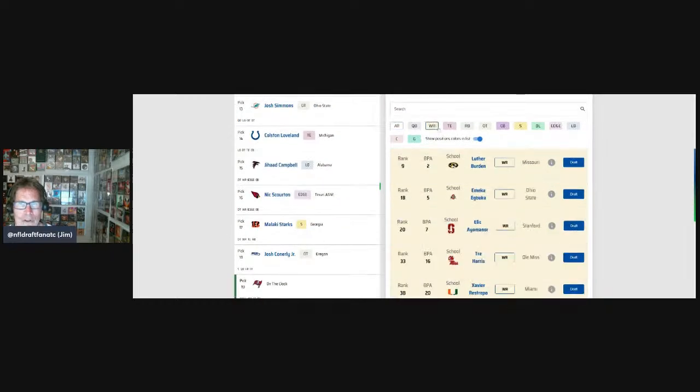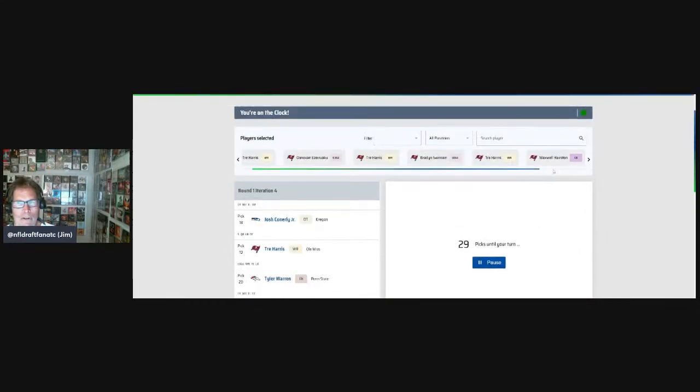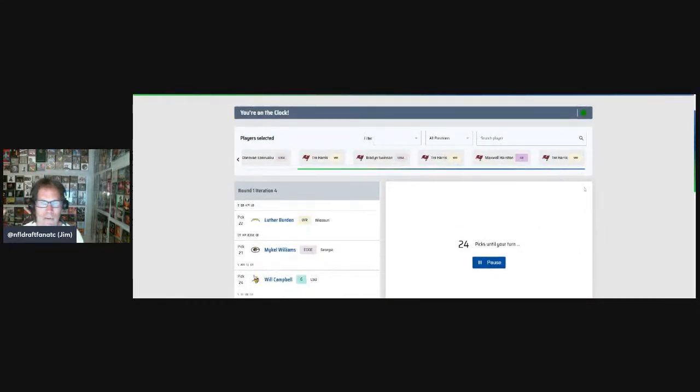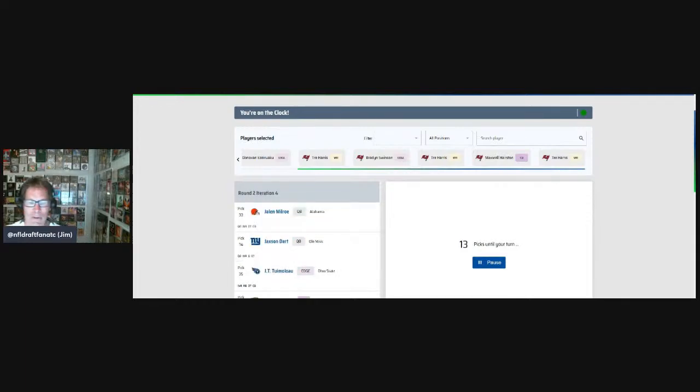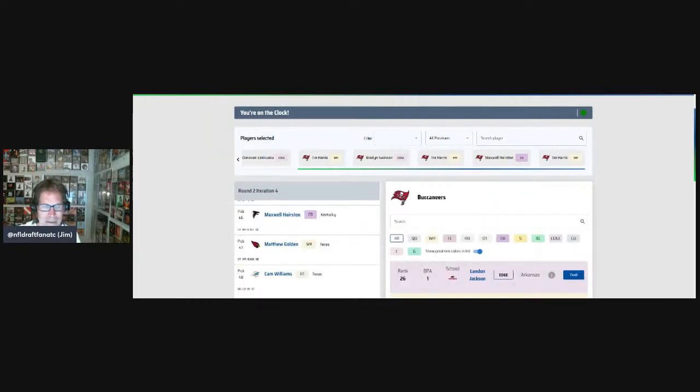Okay, and if you look, Harris has moved up to 33rd on the board for the Buccaneers. The more I pick him, the more he moves up. This is true for any player. The more you pick them, the higher they move. If you pick a player in round 4, he's only going to get as high as a round 4 player could get, right? Because there's a bunch of players that were already drafted ahead of him.